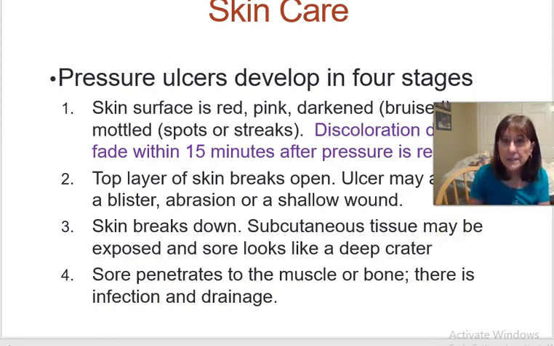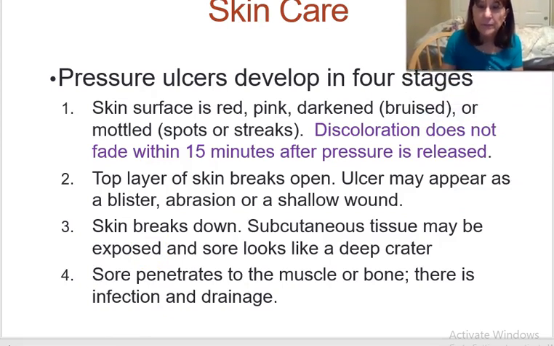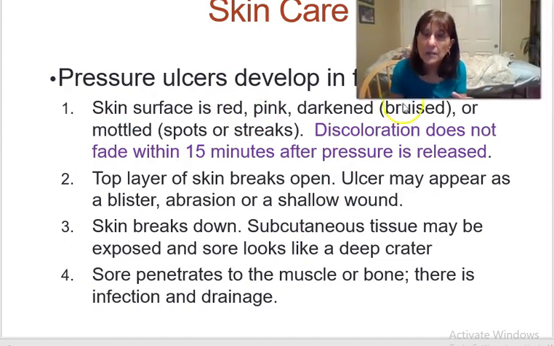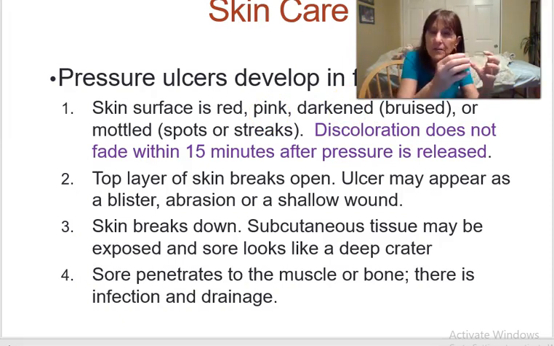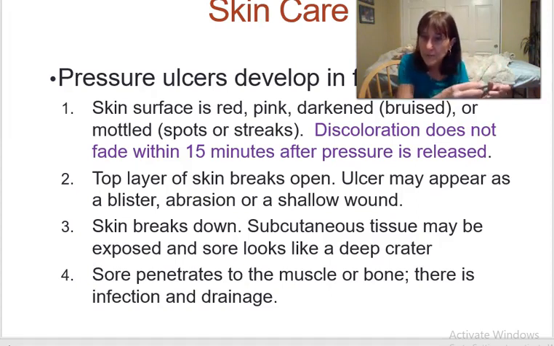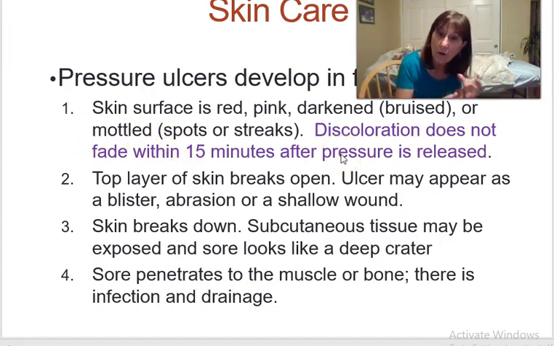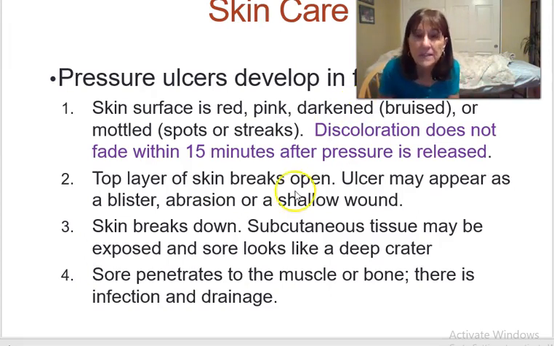Okay. So there are 4 stages of pressure ulcers. And I'll show you pictures in a bit, but the first one is what we're looking for because the skin is just, if it's a Caucasian person, they may turn red, pink, or even darker. If it's a dark skinned person, it usually turns darker. However, any change in skin color, because there's different stages, and it could be a more grayish color. If that discoloration doesn't fade within 15 minutes after you turn the person to get them off that area that's discolored, then that's a